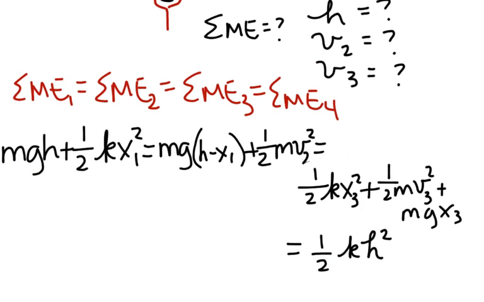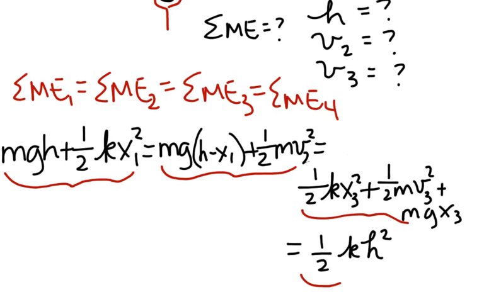So writing all of this out, we have a lot going on, but what you see here is the mechanical energy in case 1 is simply gravitational and elastic. The total mechanical energy in case 2 is gravitational and kinetic. The total energy in case 3 is a combination of all three: elastic, kinetic, gravitational potential. In case 4, there's only one type when Bob is at its lowest position, and that's